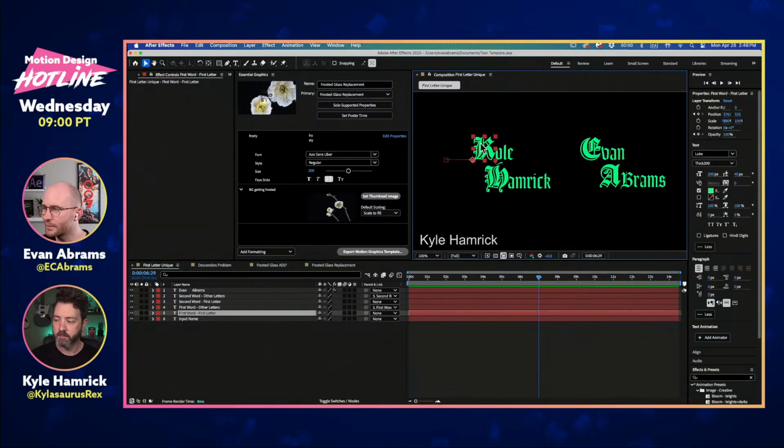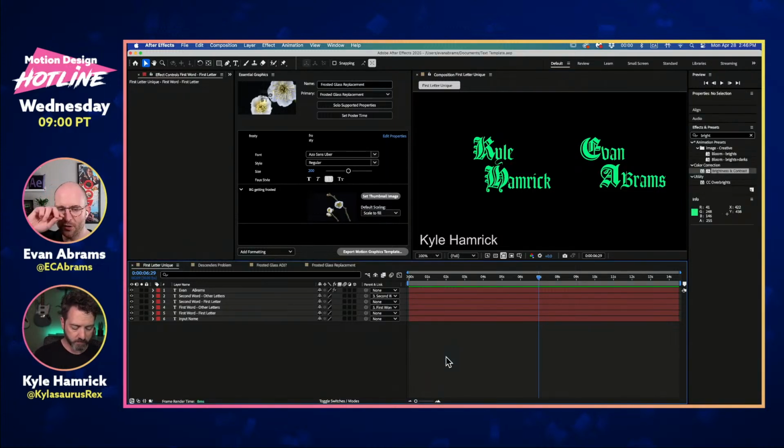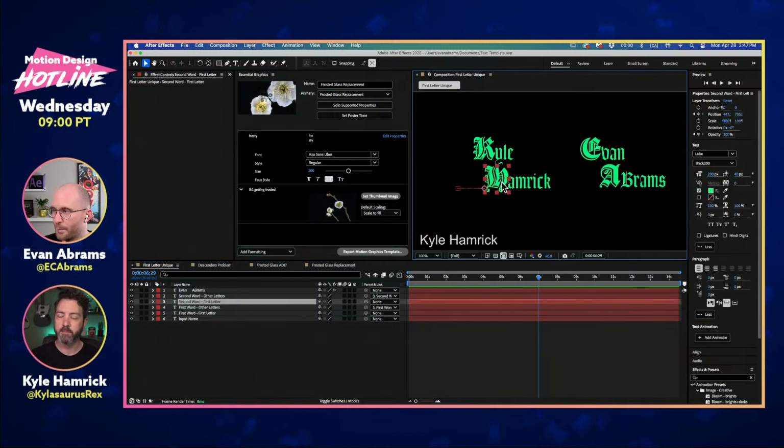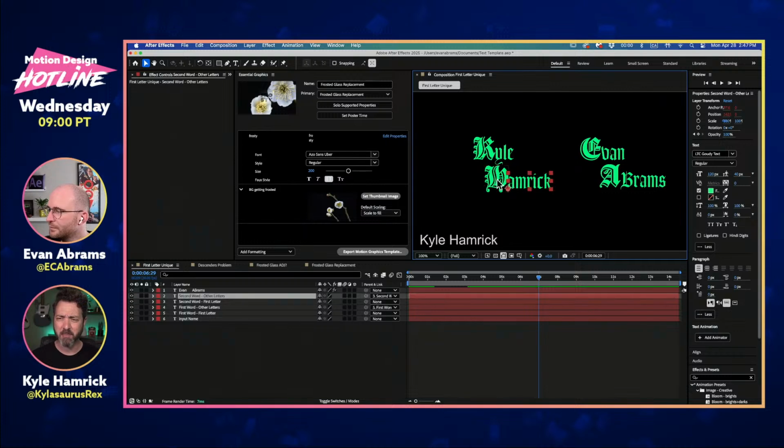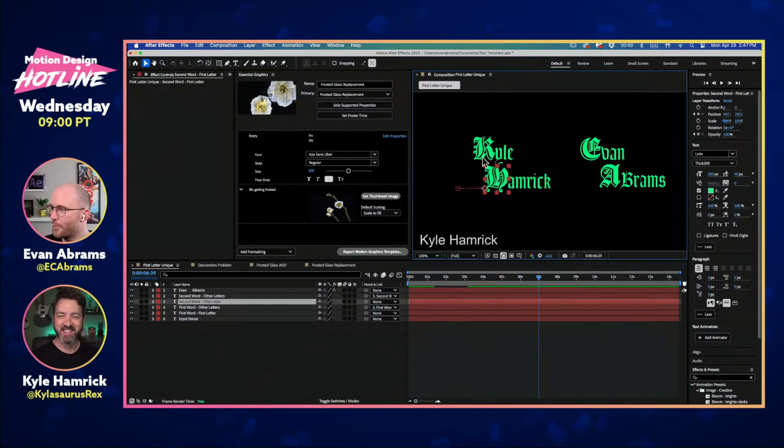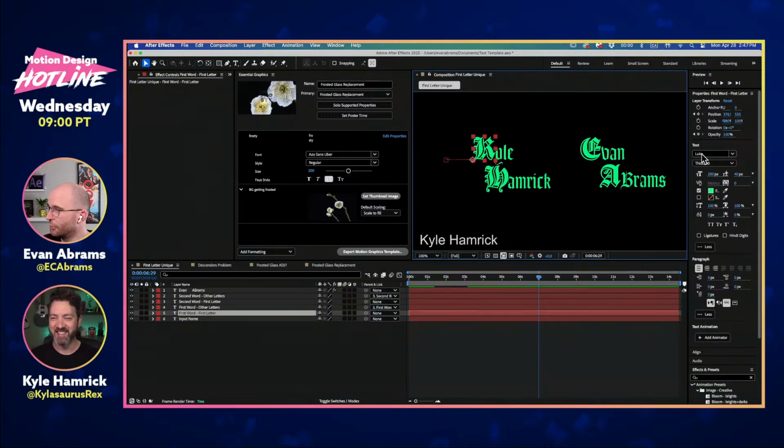In this case, this is a very scripted first letter, and then the rest of them are actually readable. Here we got the K of Kyle, right? And then the H of Hamrick, kind of like a W or maybe a sailing ship. I can't quite tell. According to this font, which is called Luke Thick 200,